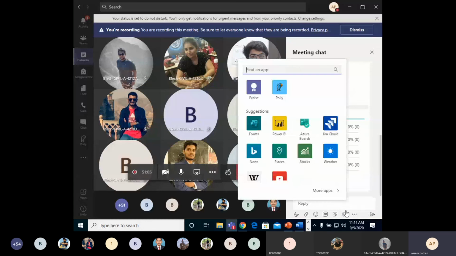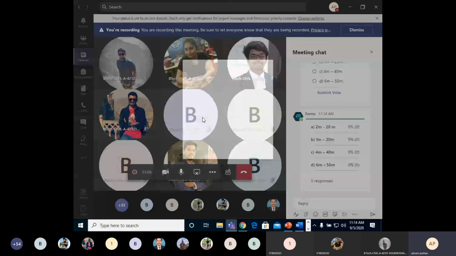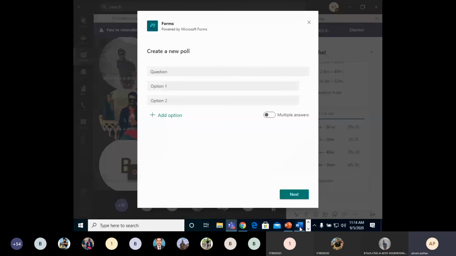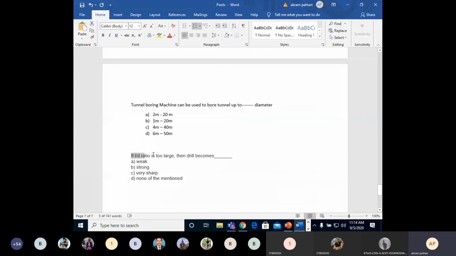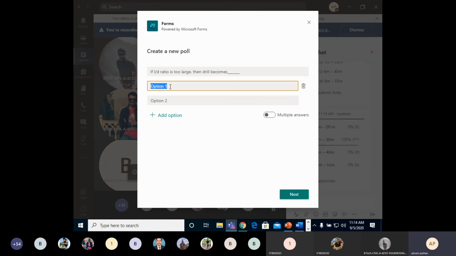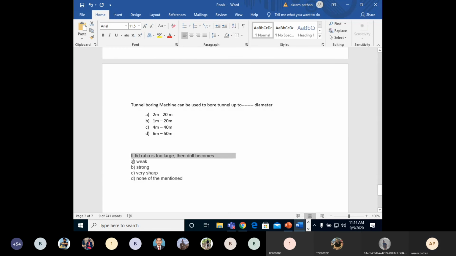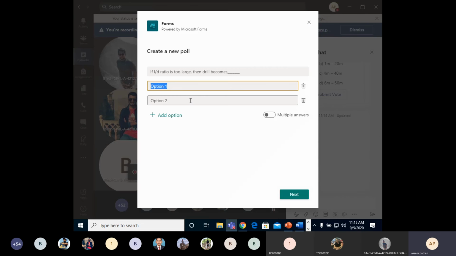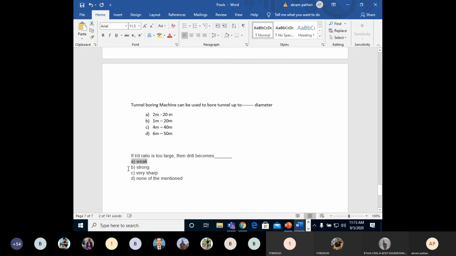Then also I would like to post another important question. Second question. If L by D ratio is too larger, earlier we have seen that L by D ratio, that is the length of the drill hole to the diameter of drill hole, is too larger, then drill becomes weak.